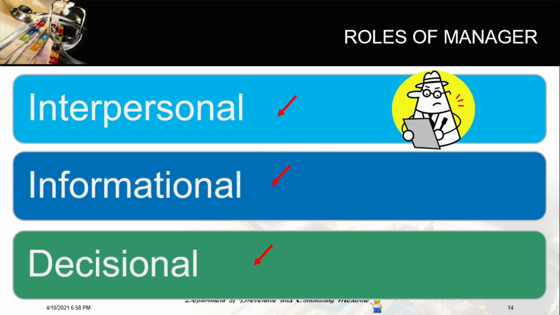He is a disturbance handler. He mediates disputes within the team. He is a resource allocator. He'll also need to determine where organizational resources are best applied. This involves allocating funding as well as assigning staff and other organizational resources. And finally, he is a negotiator. He may be needed to take part in and direct important negotiations within his team, department, or organization.